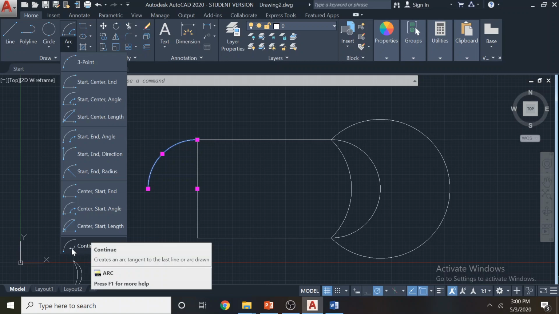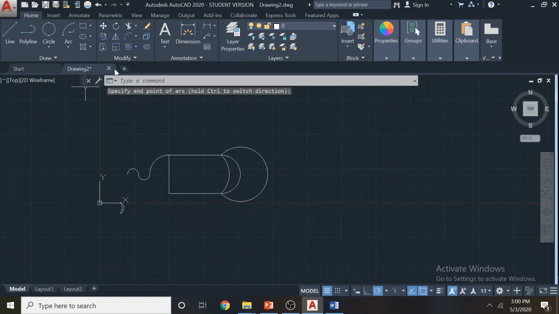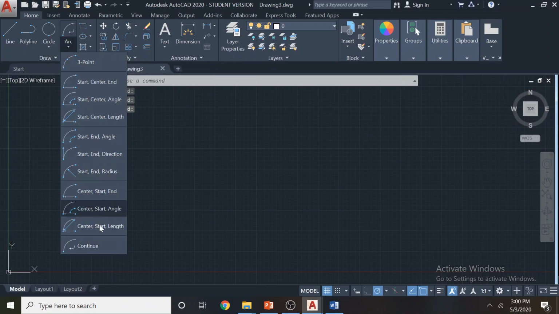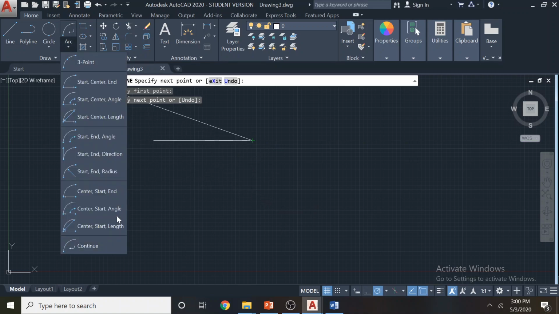Now there is another one called the continue tool. Continue will continue from the previous point you left. If you just try to continue, it continues like this. If you have an empty drawing, will this continue tool work or not? It will not work. There are no lines or arcs to continue. So you have to have a line or an arc to continue with this tool.